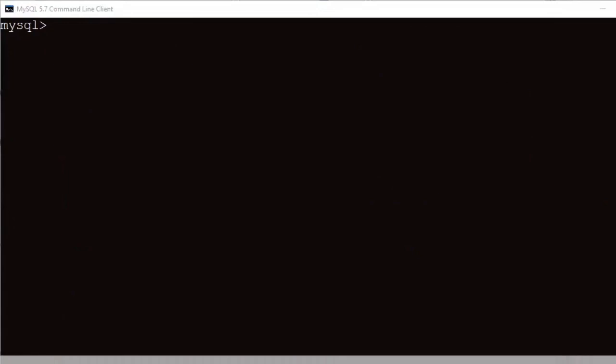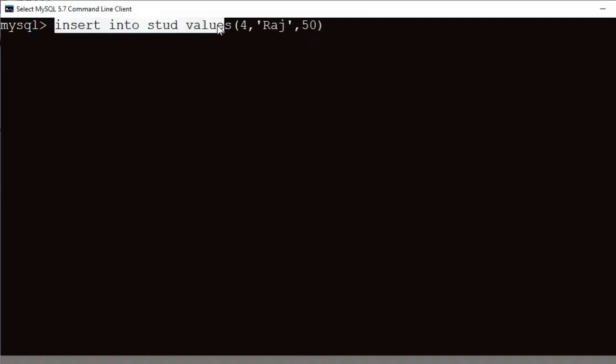So if you are inserting the record, that is register number 4, Raj, followed by the mark 50, automatically the before trigger will work first.